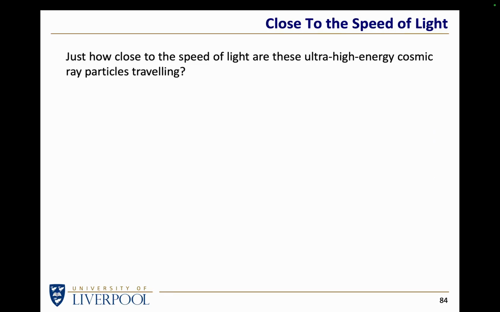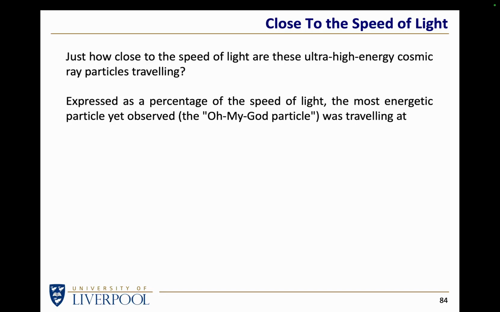And let me finish by saying just how energetic some of these particles are. The more energetic a particle is, the closer it's traveling to the speed of light in a vacuum. Remember, we're not talking about going through water or anything else. Speed of light in a vacuum. The most energetic particle seen a few years back was called the oh my god particle, because when it was seen, they literally could not figure out how any object could possibly gain that much energy. But they calculated how fast it was moving. And energy can be used to calculate speed. And the speed, expressed as a fraction of the speed of light, as a percentage of the speed of light,